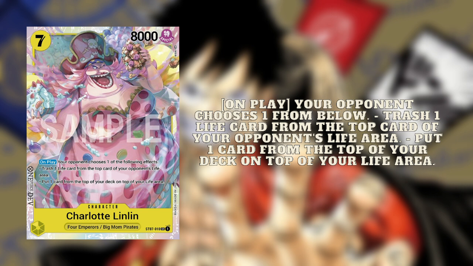This is basically Stay or Life, right? One of her moves, so it's just awesome. And this card is going to be super interesting. She also, because she's a Charlotte Lindlin character, she works off of Zeus and Prometheus, so she could be a 7-drop 8k with double attack, with banish, or with double attack and banish, right? So that is just an awesome effect for her, and this card is going to give people a lot of